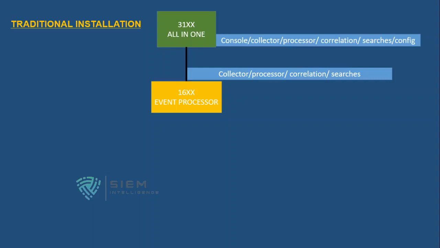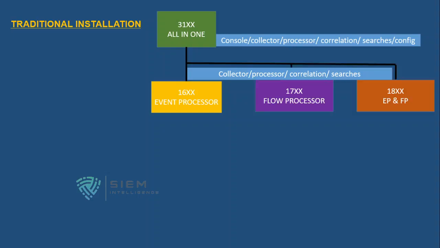What are the things it can do? It can do event collection, flow collection, event processor, flow processor, correlation, as well as searches. Sorry, it is only related to events, not flows. If you want flows, there is something called 17XX, which is exclusively for flow processor. So you can do flow collection, flow processor, flow correlation, and these two will again intercorrelate for every rule, and you can say every methodology. There are so many custom rule engines and anomaly rule engines which can correlate each and every time.